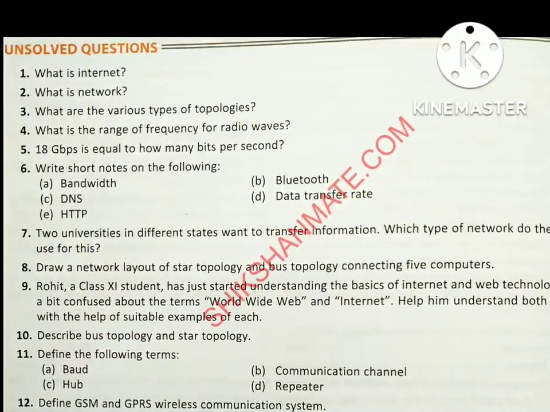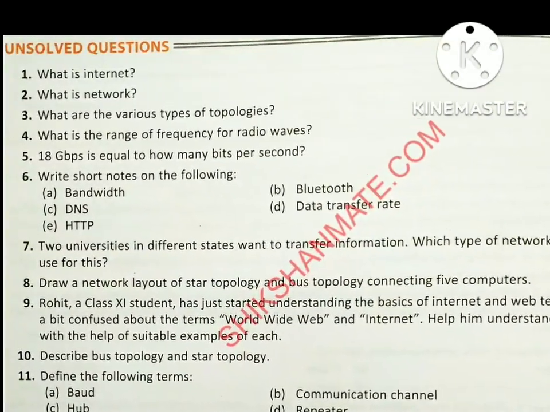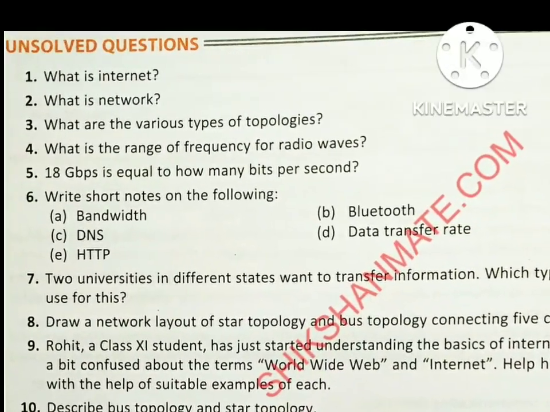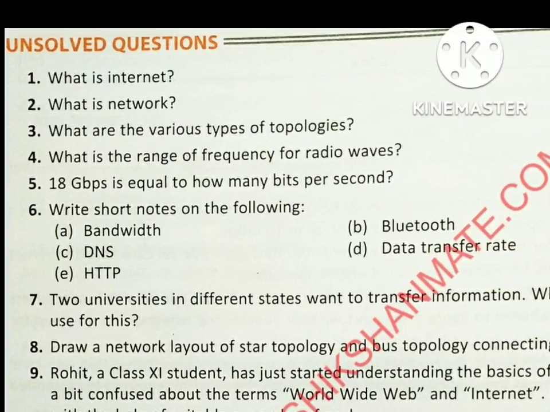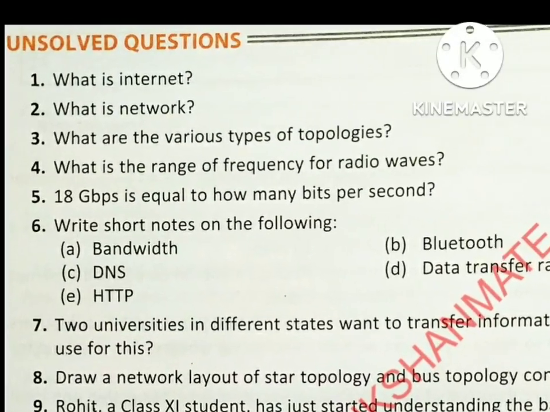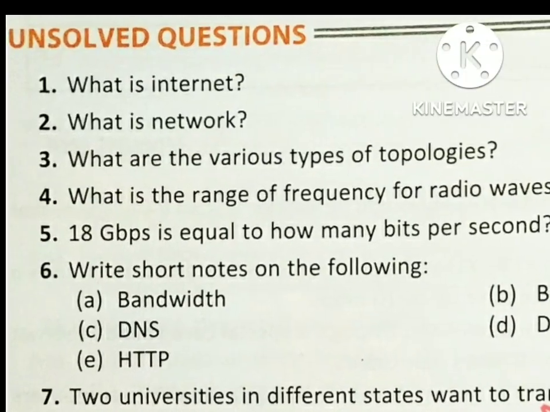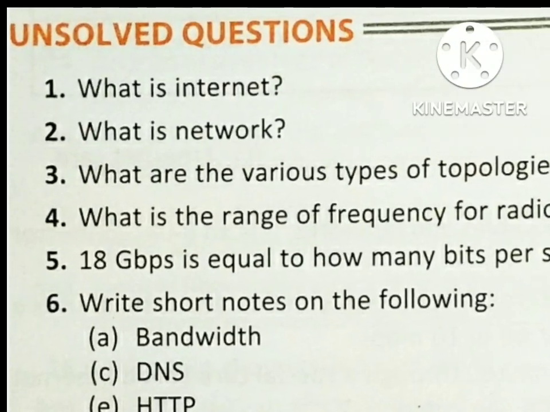So let's get started. Our first question is, what is internet? Internet is a network of networks which came into existence in 1990s. It allows computers of different types to exchange information and is known as internet. Millions of domestic, business, and government networks are connected with each other for the purpose of sharing files, data, email,